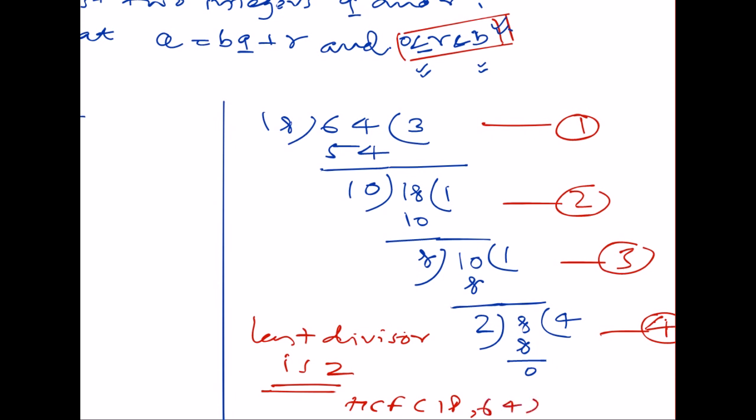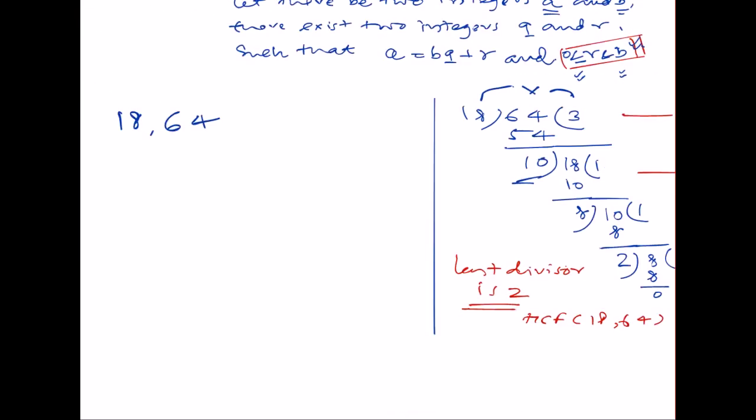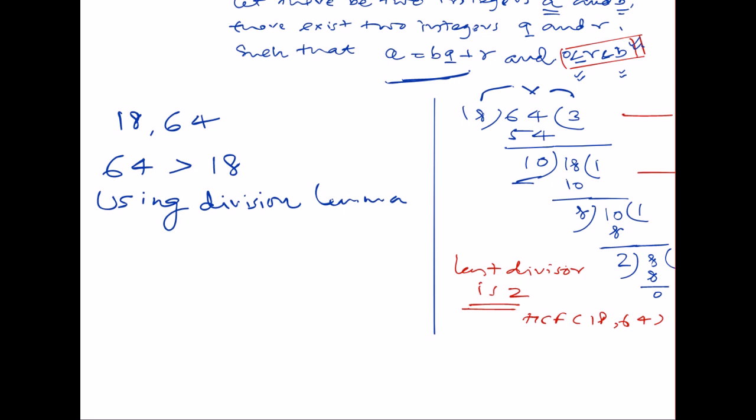Now guys, this was a combined form of calculating HCF. Now we will do it by separating these steps. Now we shall separate these steps to make the algorithm which is known as Euclid's division algorithm. So guys, here we have to find out which is greater. Here we can clearly see that 64 is greater than 18. You write the first step like this. So using the division lemma, what is the division lemma? It is written here: A is equal to BQ plus R.